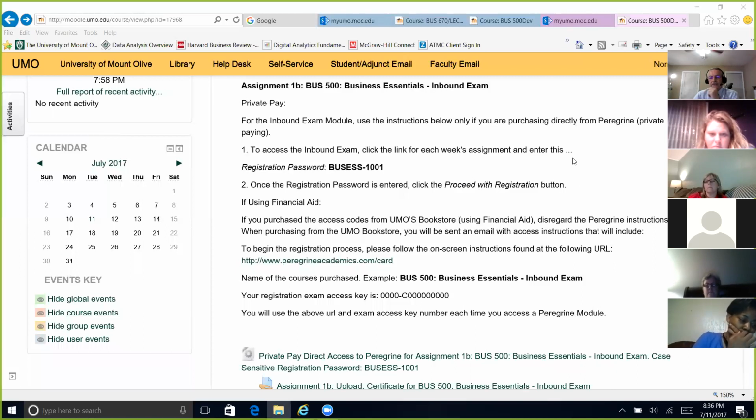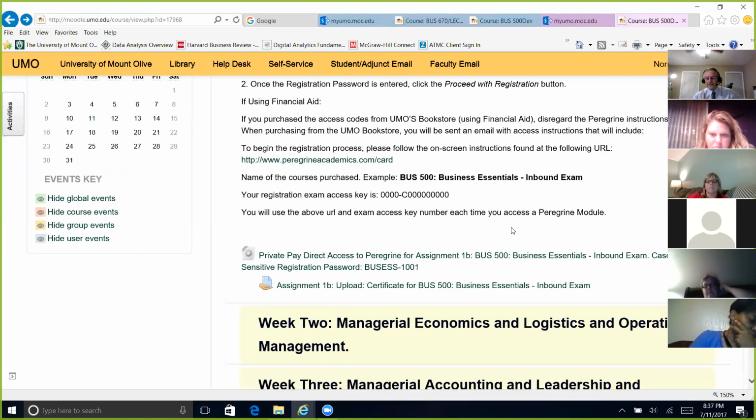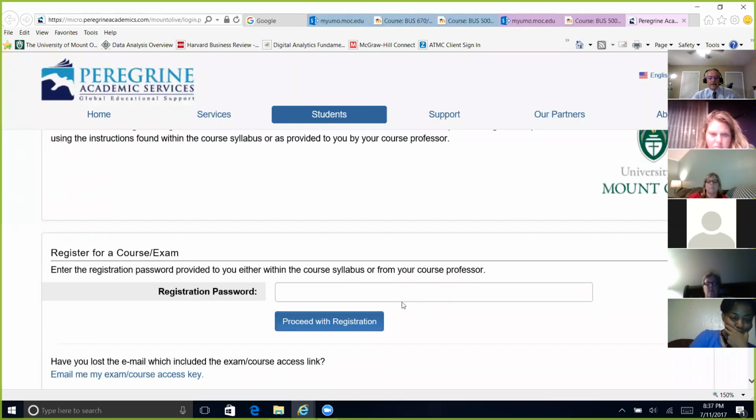If you're not using financial aid and you're paying out of pocket, then you can use this link to go directly to Peregrine, this link here. And this is my password. This is the same password that you'll use for all the individual modules. But what I'm about to show you is what you would do only if I was private paying, or paying out of pocket. I would click on this link. I would insert my password,